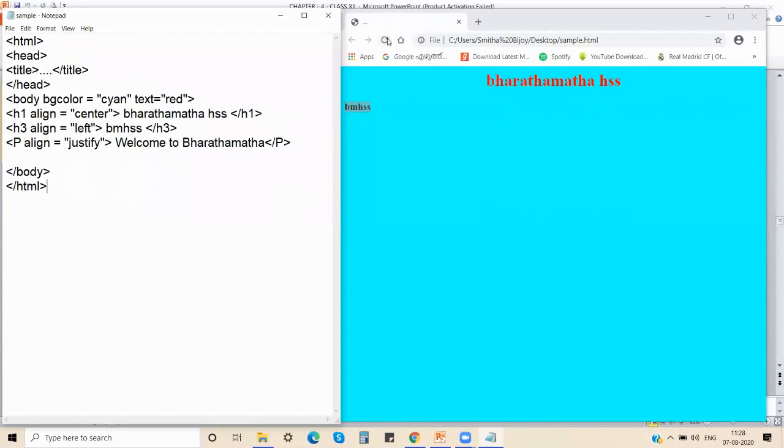I'll come over here and refresh the browser. Can you see one line is left above? The previous line was BMHSS. I told you that when a paragraph comes, one line before the paragraph also will be left. Can you notice the difference? Yes. Like this only, it will work in your browsers also, whether it is Ubuntu or Windows OS. Is it clear? So any paragraphs can be created like this.